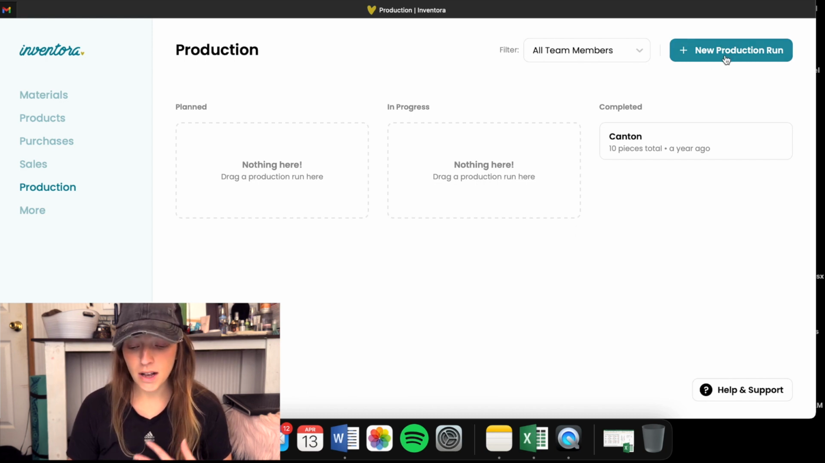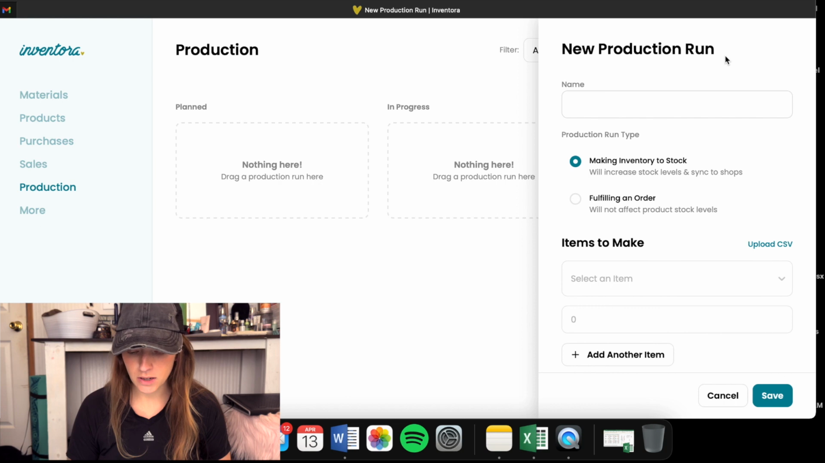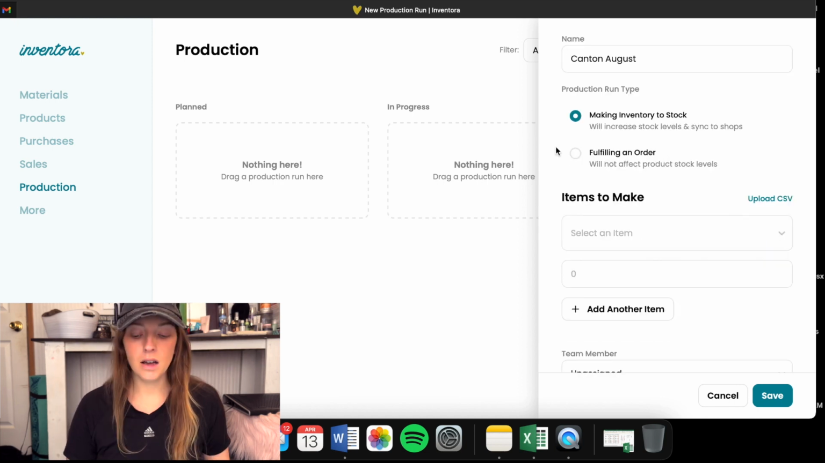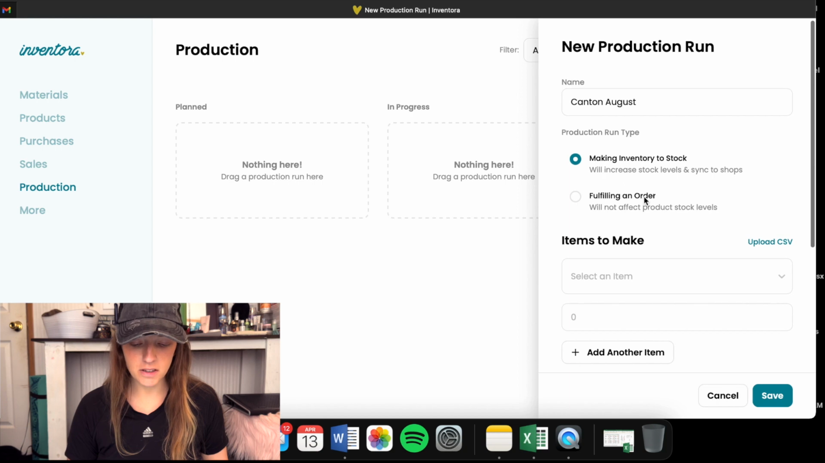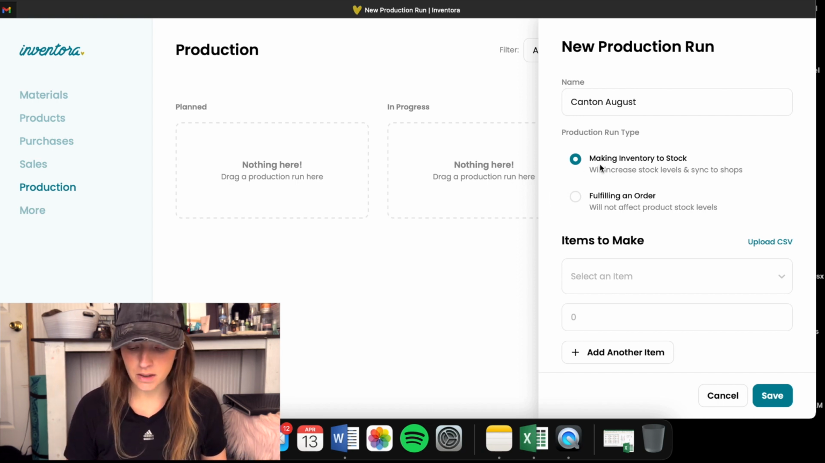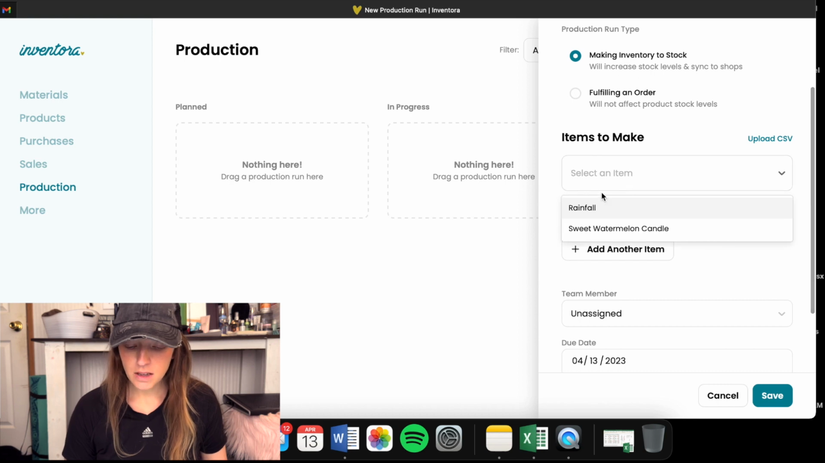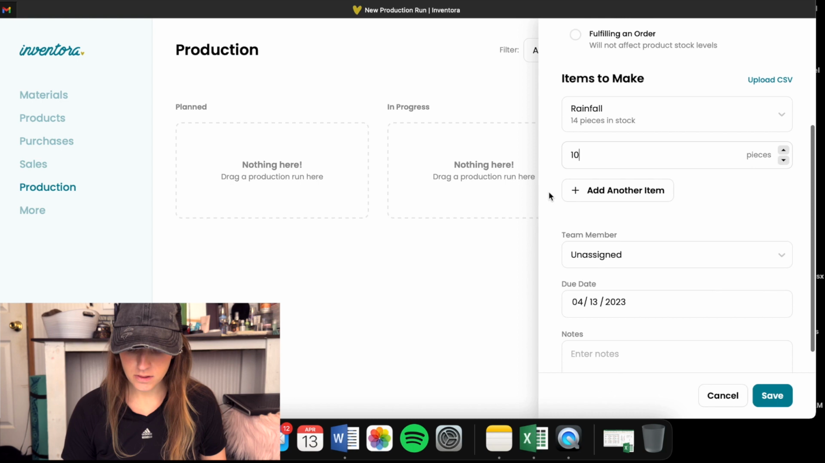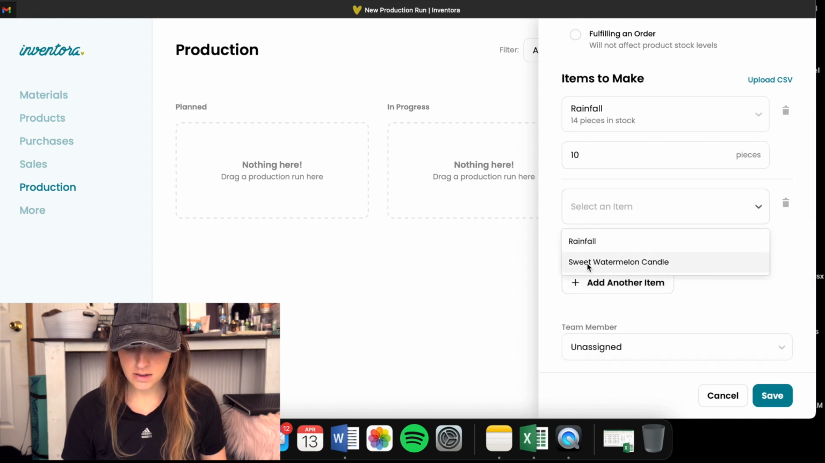So what I was doing with it was I would create a new production line, and then I would put Canton, August. And I always selected making inventory to stock, because you can select fulfilling an order, which won't take anything out of your stock. But I was using everything from my materials. So making inventory to stock. So let's say we have to make 10 rainfall candles and 10